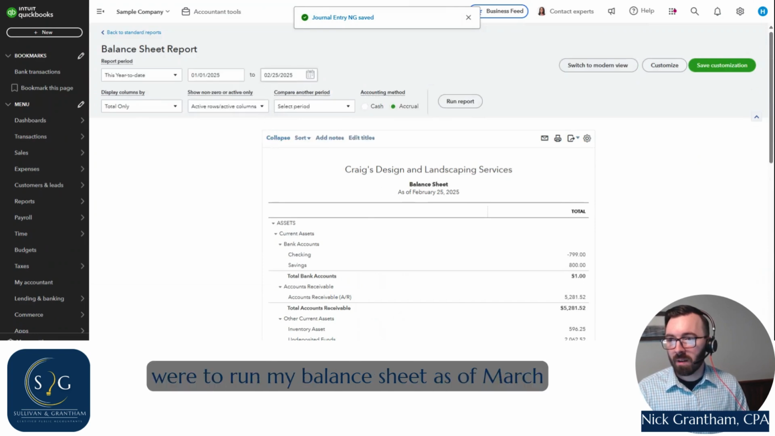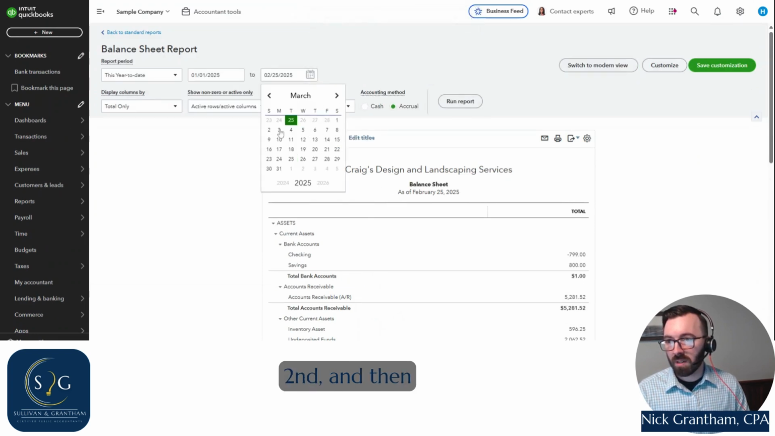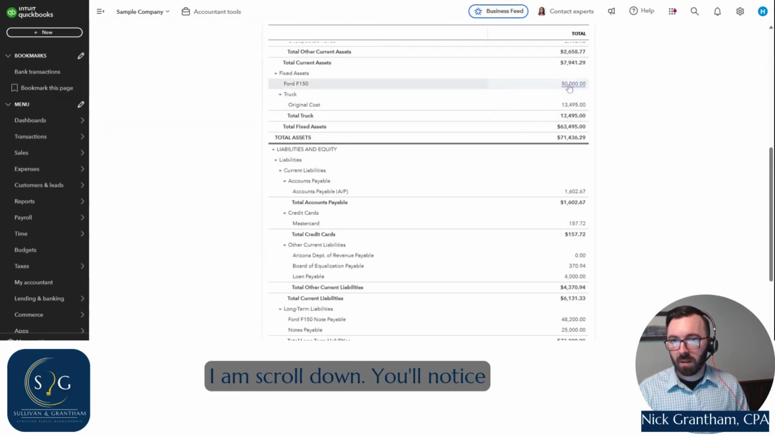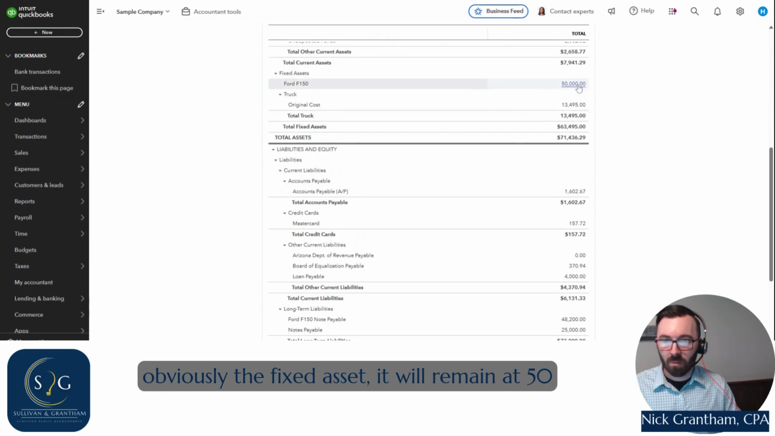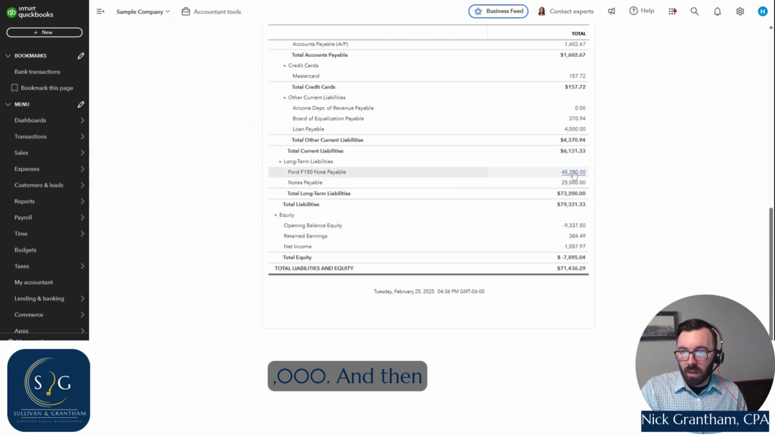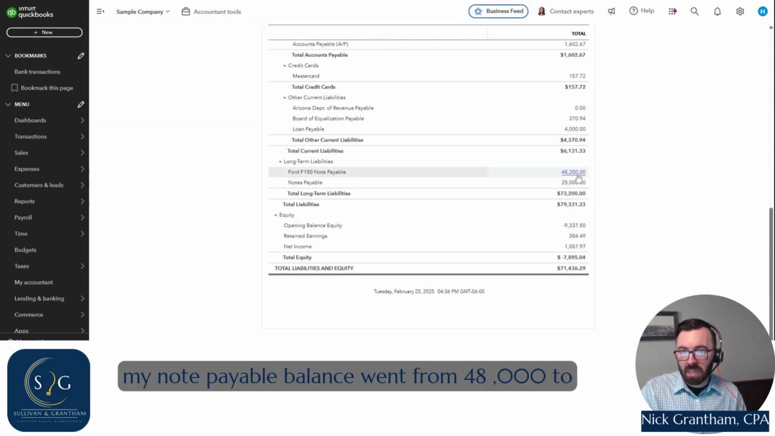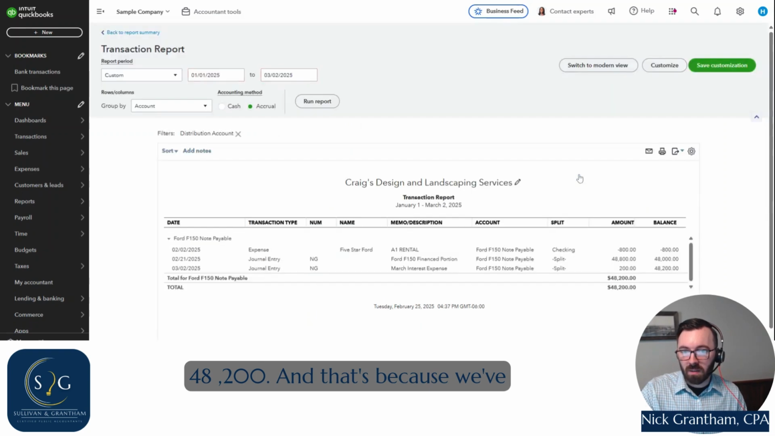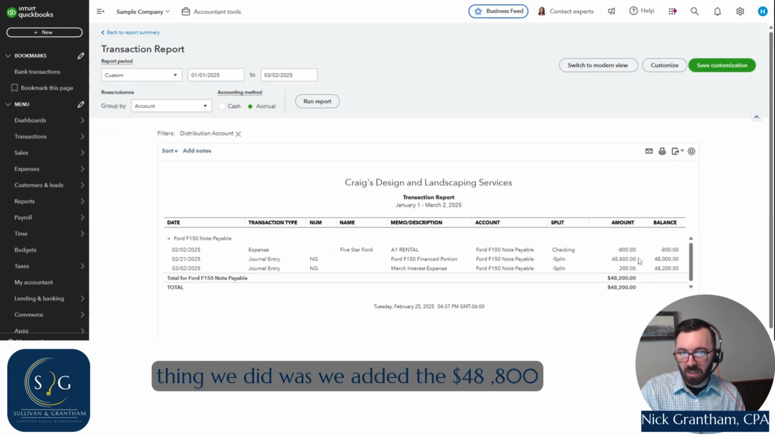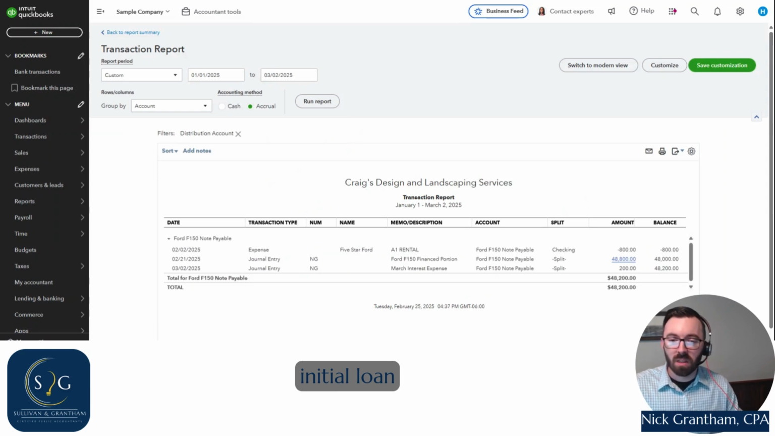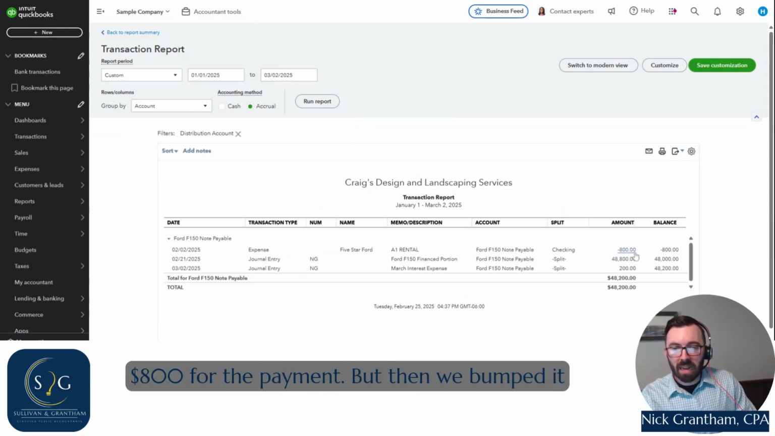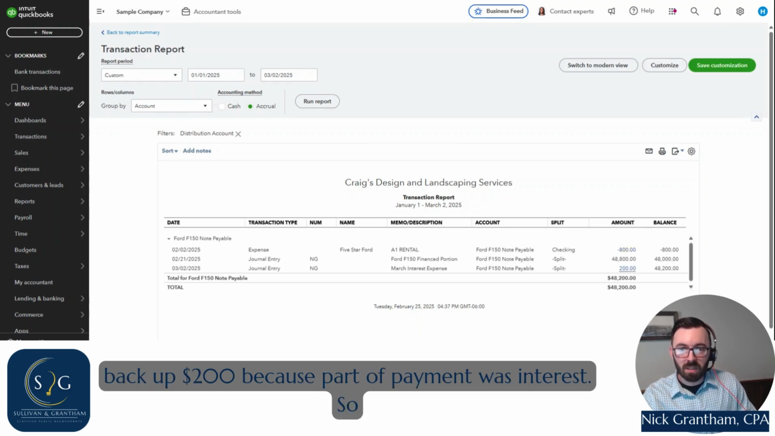And now, if I were to run my balance sheet as of March 2nd, and then scroll down, you'll notice obviously the fixed asset will remain at 50,000. And then my note payable balance went from 48,000 to 48,200, and that's because we've had three things happen. The first thing we did was we added the $48,800 initial loan balance. Then we reduced that by $800 for the payment, but then we bumped it back up $200 because part of that payment was interest. So now, as of March 2nd, we're saying, okay, this is how much I owe on